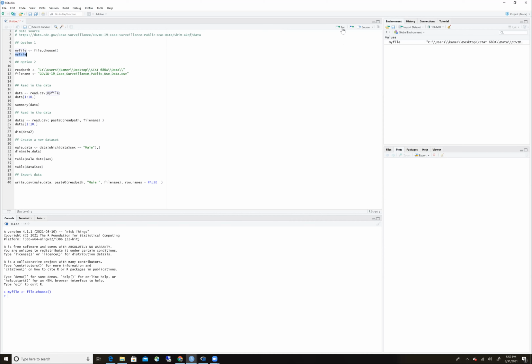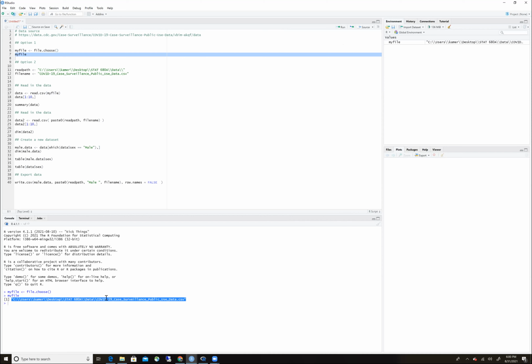On a Mac, it's going to end up being Apple Enter, I believe. Okay, but on a PC, Control Enter. So here it tells me my file is now saved as this whole piece. If it's on your computer, it should say something completely different because you don't have necessarily the same file path